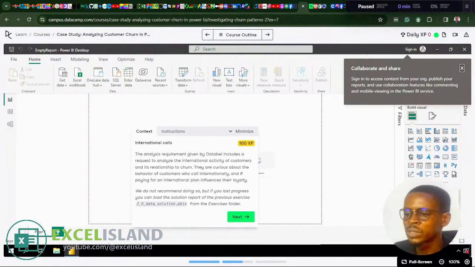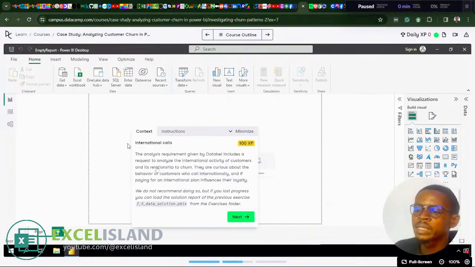So if I go back to reading the instruction, the analysis requirement given by Data Label includes a request to analyze the international activity of customers and its relationship to churn. They are curious about the behavior of customers who call internationally and if paying for an international plan influences their